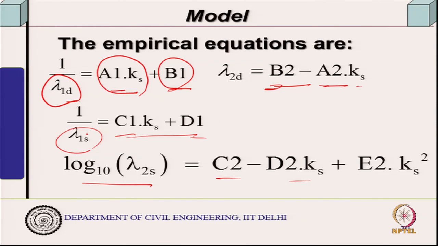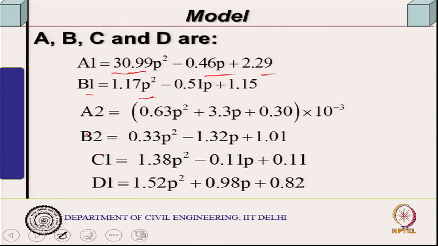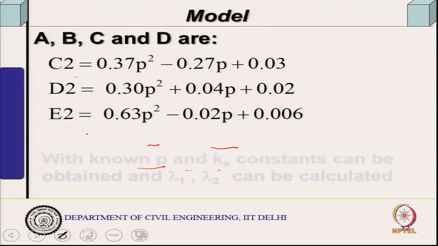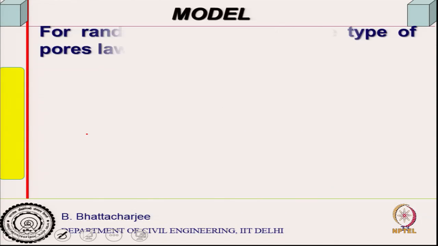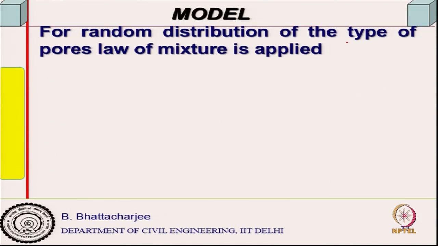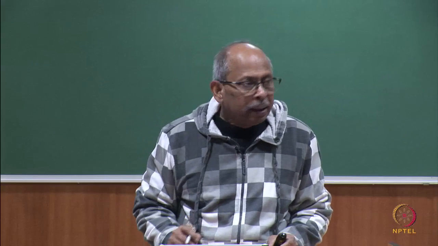Then how do we come to the equivalent conductivity? We will come to that. Gradually we will go to that and take an example calculation also. So, for random distribution of these two types of pores, the enclosed type and the enclosing type, I can know their proportion from experiment. Here is the advantage, we will see that.